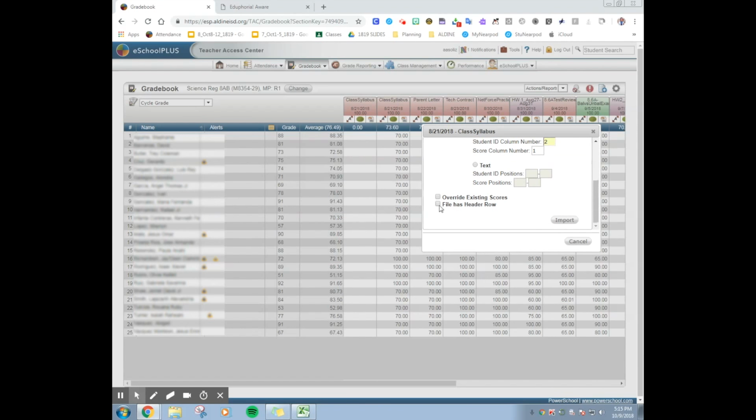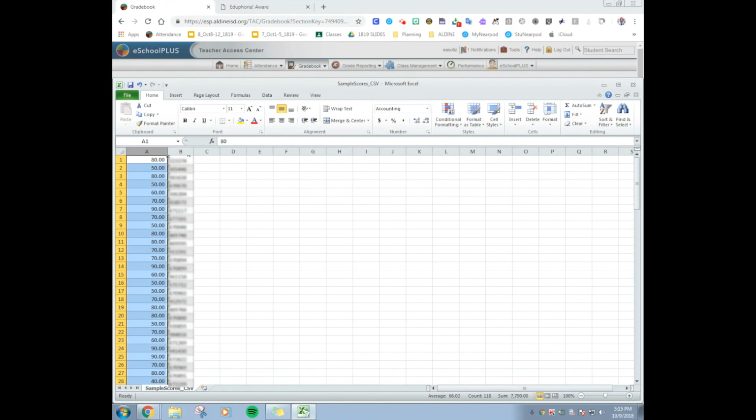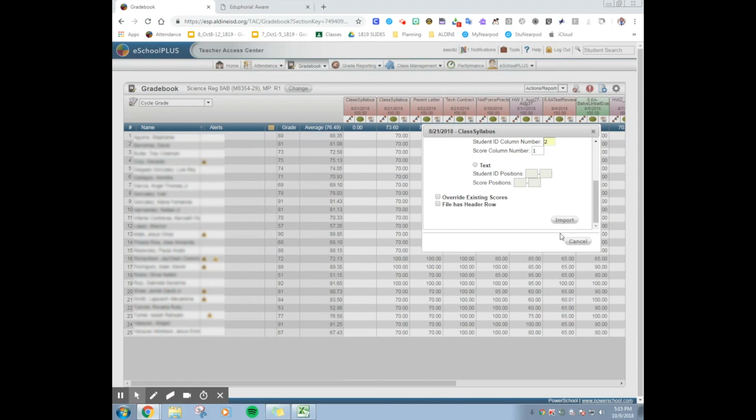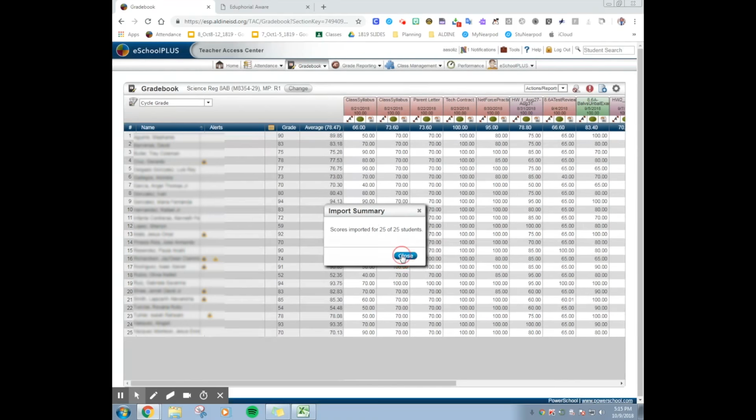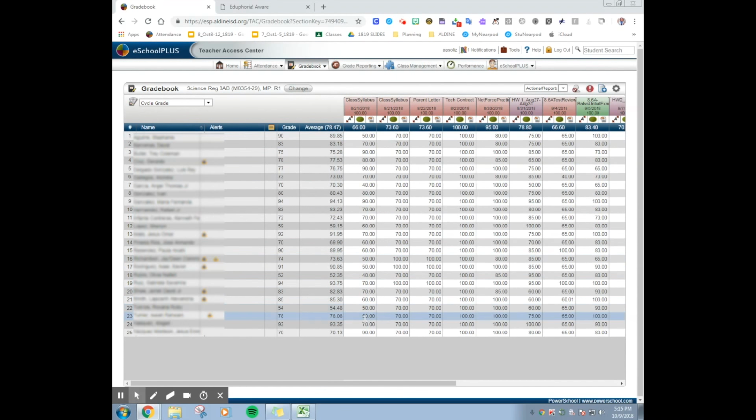Now down here, it asks if the file has a header row. We deleted all of our header rows. What that means is we deleted all the rows that were up here. So now we're saying just upload it as it is. There is no heading. That's all that's saying. I'm going to click import. And voila. Now our scores are uploaded. Now the cool